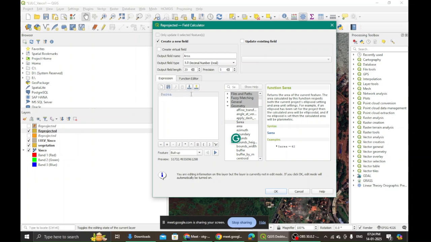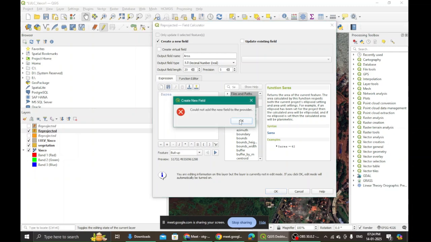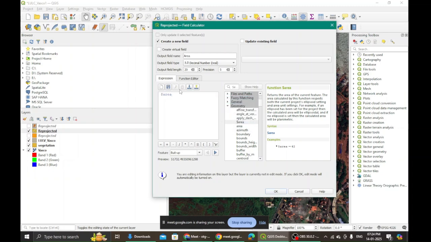Once it comes to the expression bar, I select area and then I click OK. Once I click OK, it says could not add the new field to the provider.